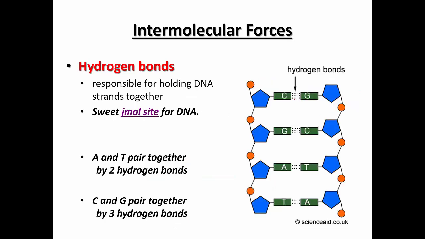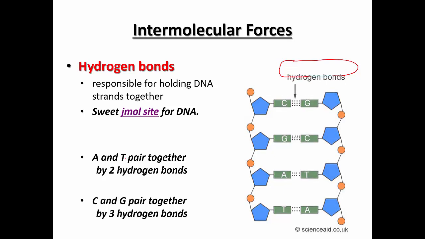So with our intermolecular forces, a great place we see hydrogen bonding is between our two strands of the DNA chain. So when DNA zips and unzips for coding and encoding of our information, we can see that C and G will always pair together, A and T always pair together. The reason why, if we were to look at that